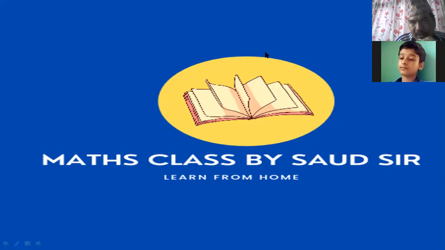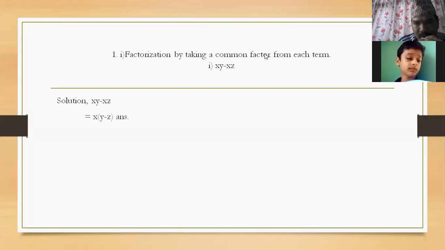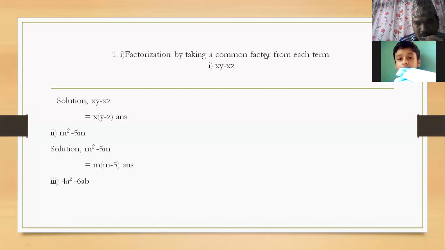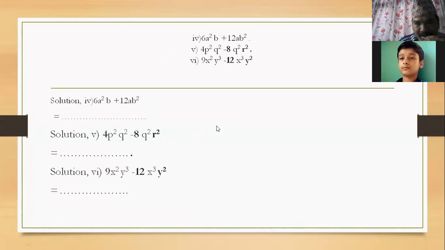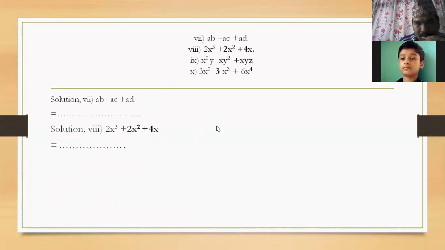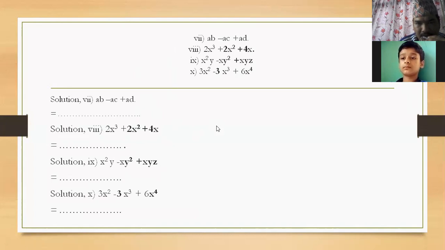Okay, children, according to today's class, it will be like this. This is yesterday's one. We have already learned how to take common. I have explained this to you, isn't it, Aditya? Yes, sir, common taken one already explained. And today I am going to tell you how to factorize by grouping the terms. That is question number 3.